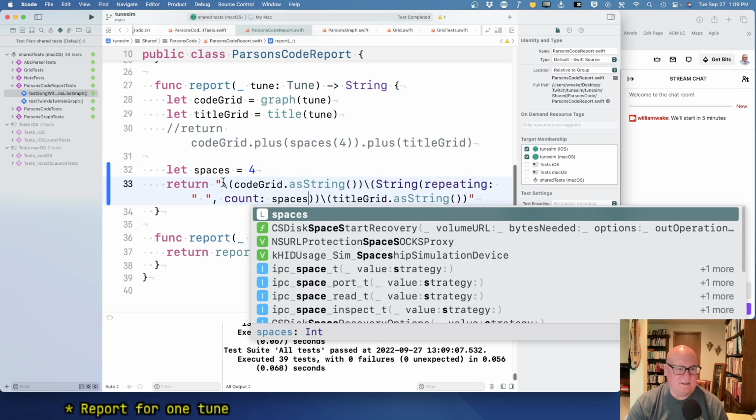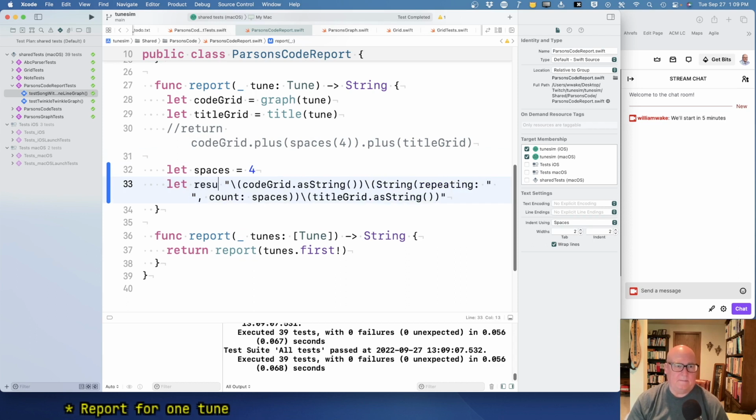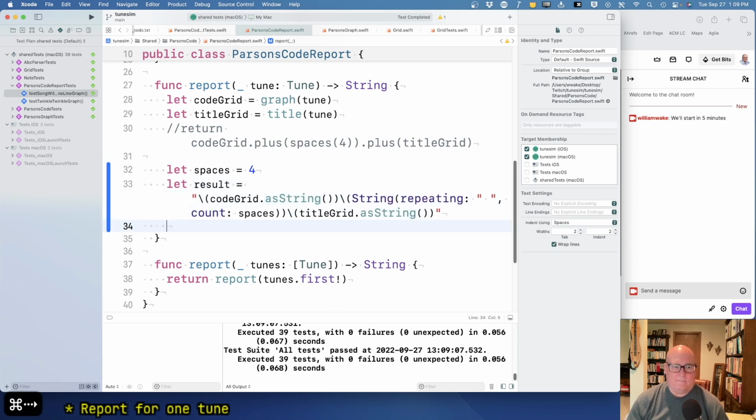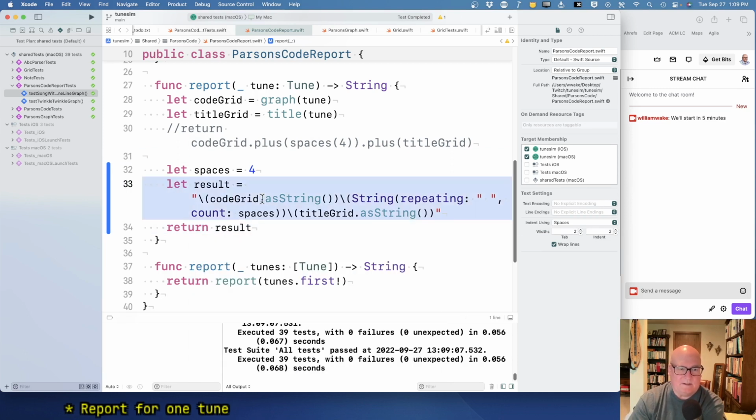Okay, now this. Okay, I'm just isolating it a little bit. Return result. Okay. Now this computation, I can move over to